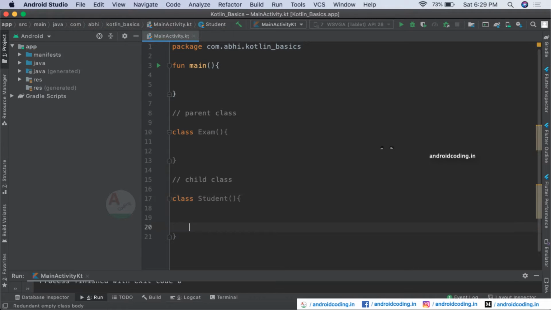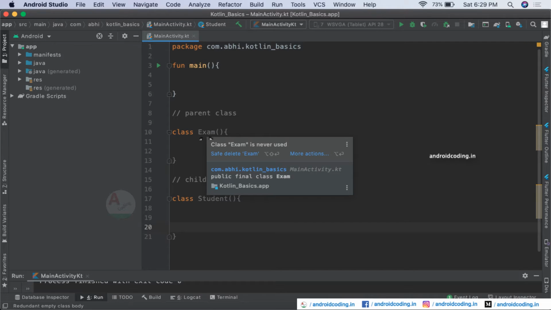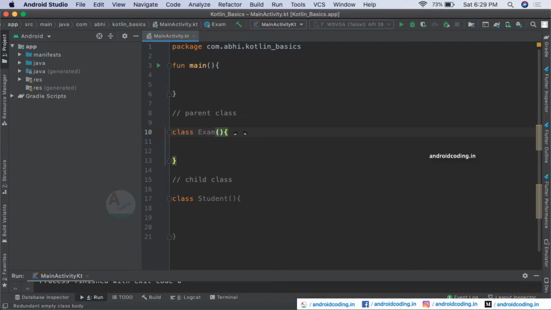So every student will write a particular exam. Here I am not considering the subject, I am just considering it as an exam, and for which we will be having two properties, that is marks and a method which will print the result based on the marks here. So now in the exam class we will be having a parameter marks here.